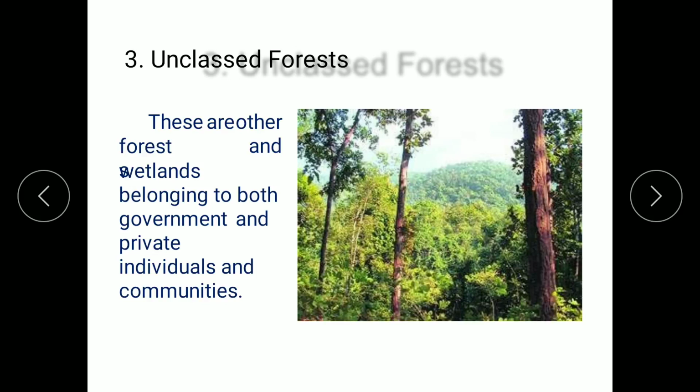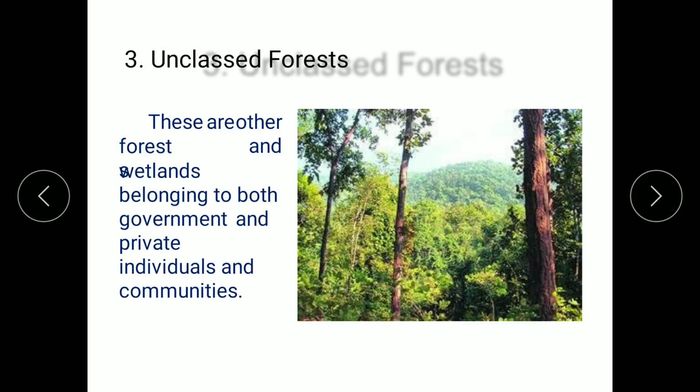So unclassified forest, this forest may be wetland, belonging to both government and private individual and community. And nowadays the government has given this responsibility to the community of different villages to develop a forest, and they have to look after that forest, and they have to enjoy the resources of that forest. So both ways, the local people will be able to